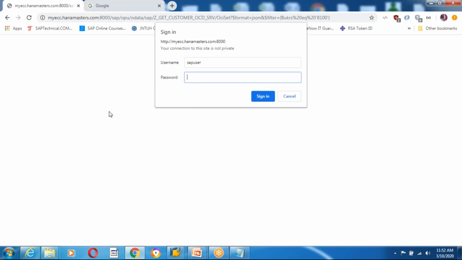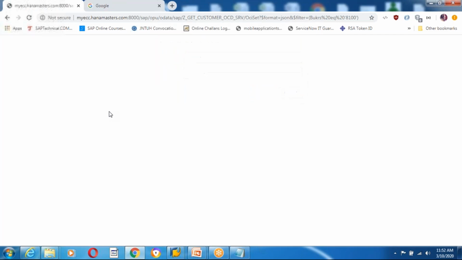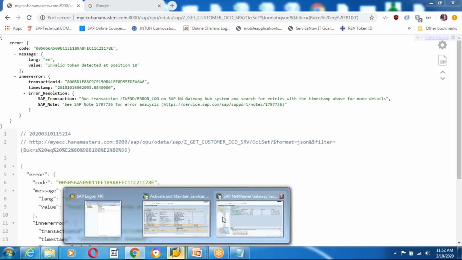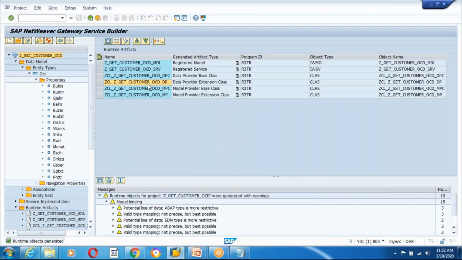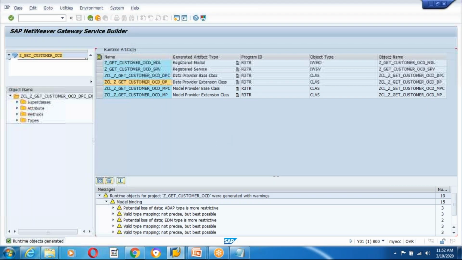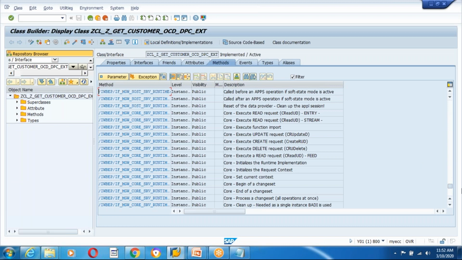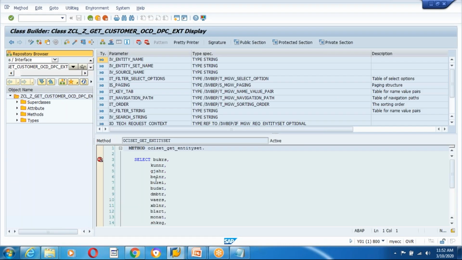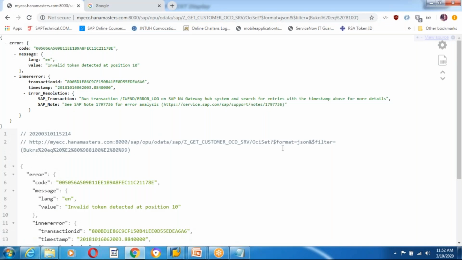SAP user, WLCOME1234. See, that's not a problem. The problem is, at least this service has been triggered. Maybe I go to the get entity set, and yeah, the breakpoint is there. I put on a breakpoint, and why it's not triggering is